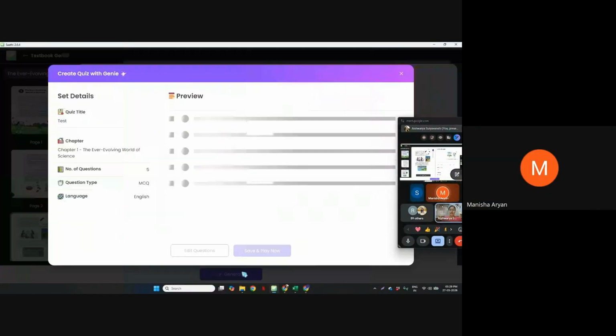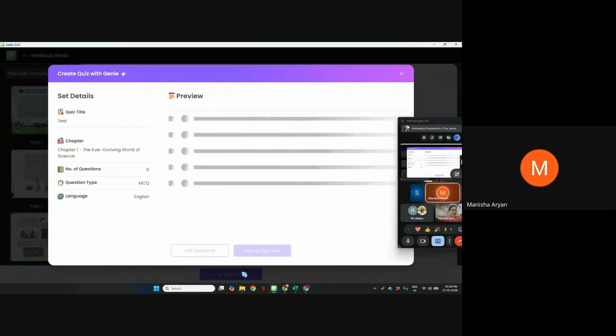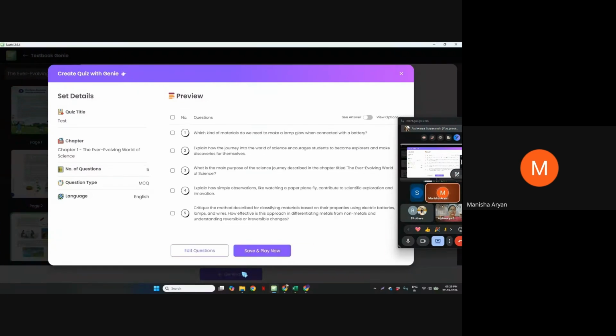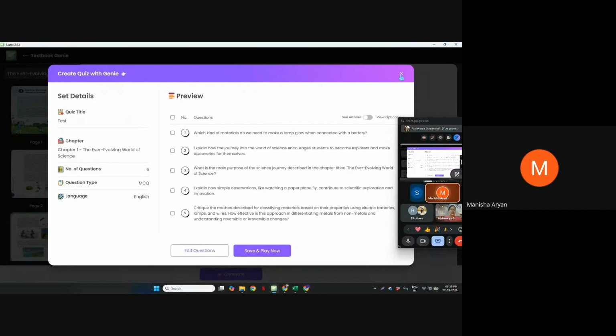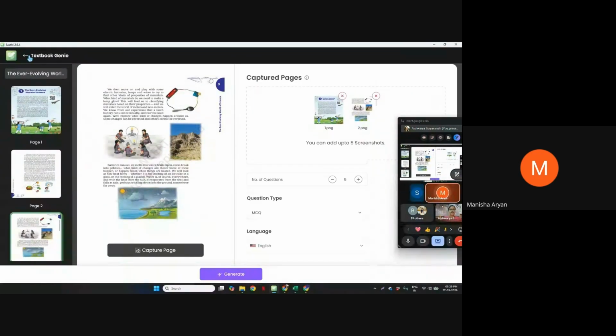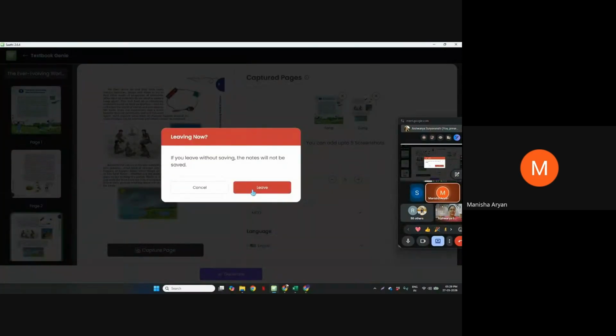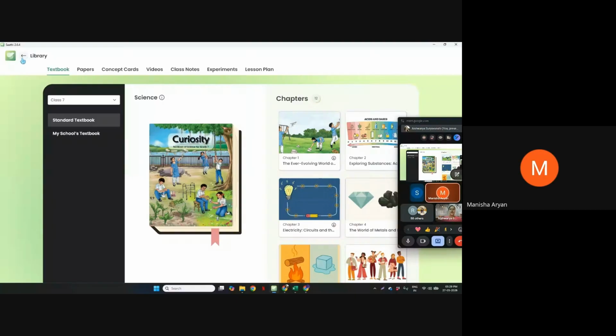Excuse me, ma'am, can you please do one in Kannada language? Because I tried in the last class, but I didn't get questions in the Kannada language. Only in English. The pages we presented and captured are in Kannada language, but the questions I framed are in English language. Can you please do it once?